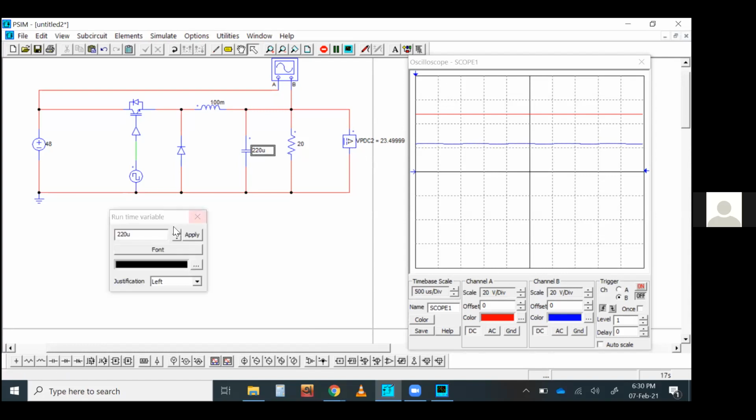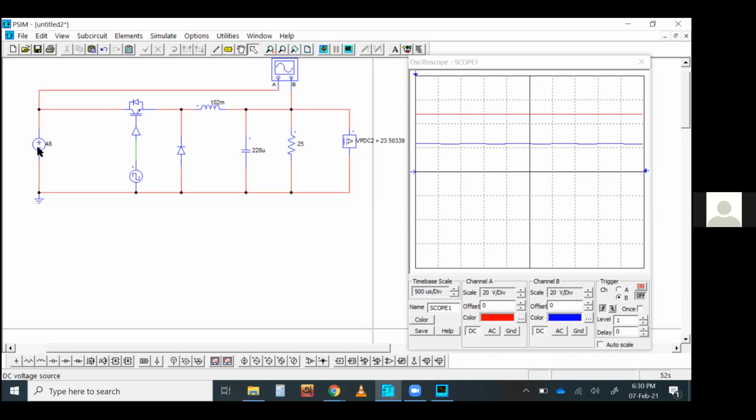You can change the parameters while running the simulation to see the responses. Increasing the capacitance will make it much smoother, or you can increase the inductance as well. It will also increase the smoothness of your DC. But if you decrease the load resistance, there might be some impact. You can see now there is a fluctuation, a disturbance in the output, because it's natural. Whenever you change the load resistance, your output voltage changes. But still, we are running it in ideal condition. That's the thing. We're missing something which is not practical, which you will not find in a practical case yet.